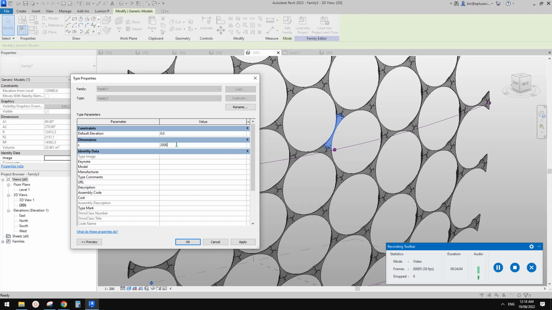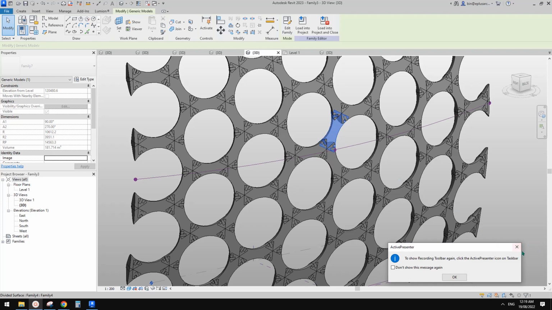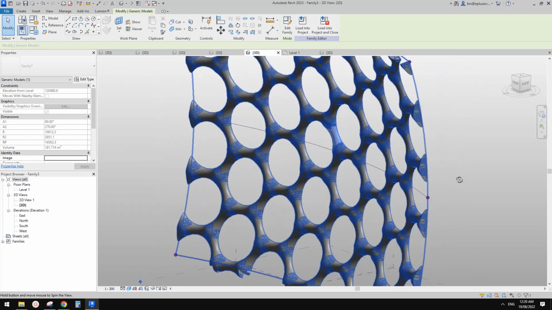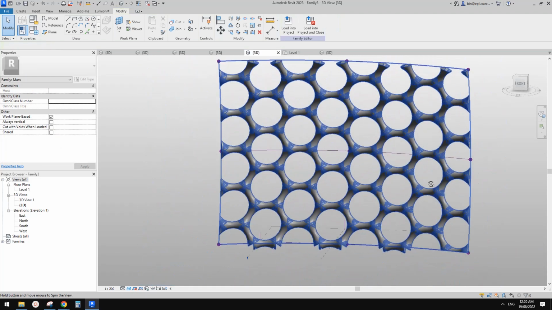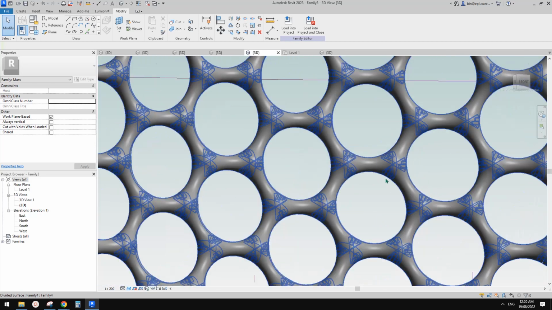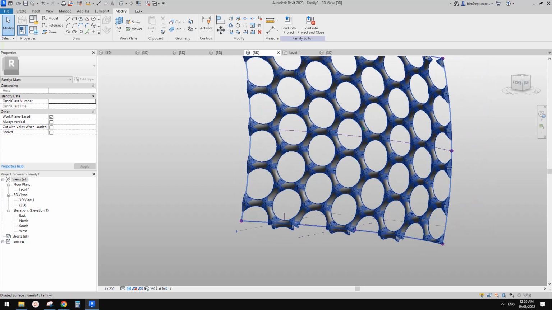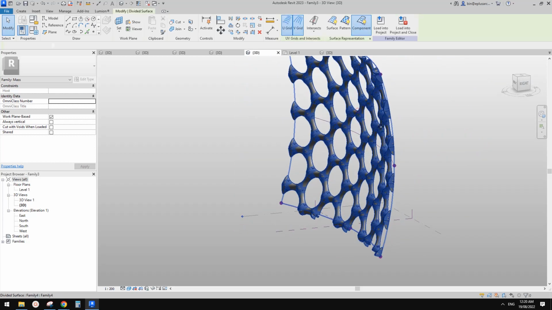So maybe I'll make it 2 meters and click OK, and then I'll pause again. Okay, now it's even better, but still, yeah, the void issue, and we need to flip this to the other